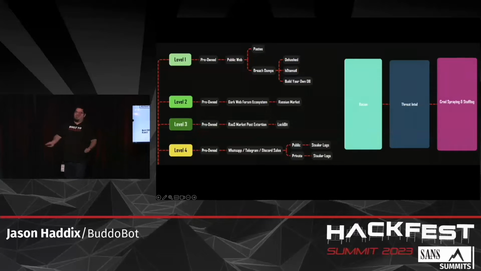They don't just want to dump it and burn it, because they put all that work into it or they purchased it. And so you can attempt to, through intermediaries in the next level, buy the LockBit data or the ransomware-as-a-service data and get credentials to basically get initial access to your target. Now, level 4